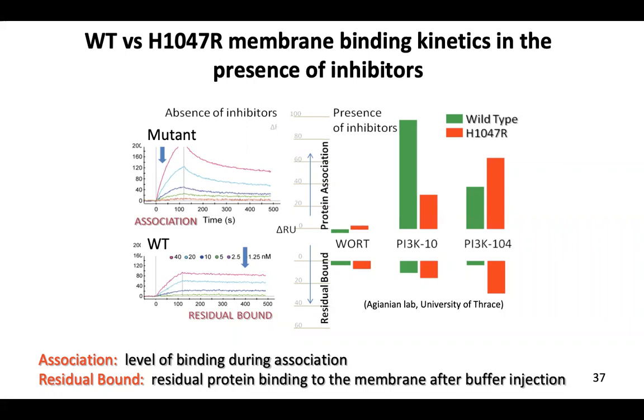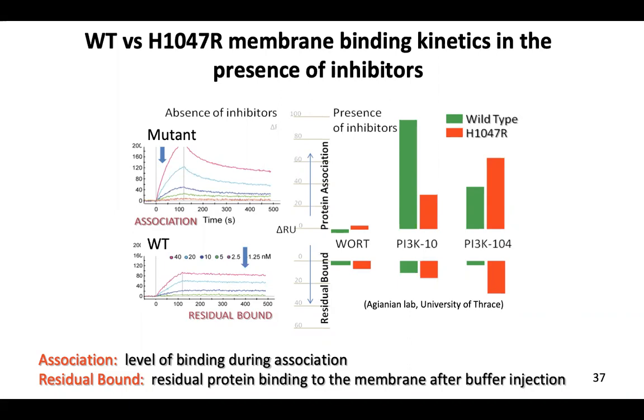And in this case, we actually find that again, there is a very big effect with our allosteric inhibitors on protein membrane binding. So when we monitor membrane binding with a protein in the presence of a competitive inhibitor, which is wortmannin, we see no effect. So this is a difference in membrane protein binding for wild type and mutant. So no effect for a competitive inhibitor. But when we actually bind any of our molecules that we design as allosteric, we see huge effects on the protein membrane binding. And in our case, it's not a protein membrane binding inhibition, but it's rather an agonism.